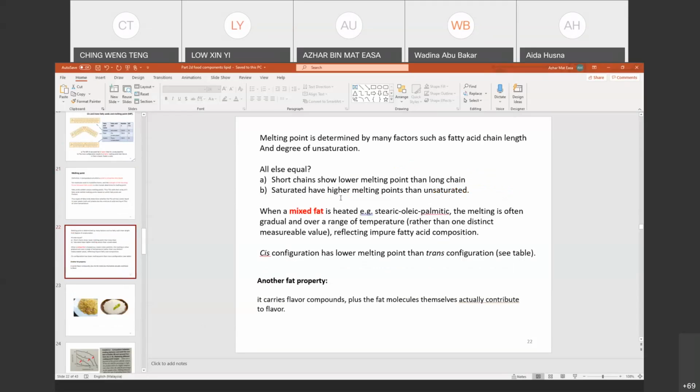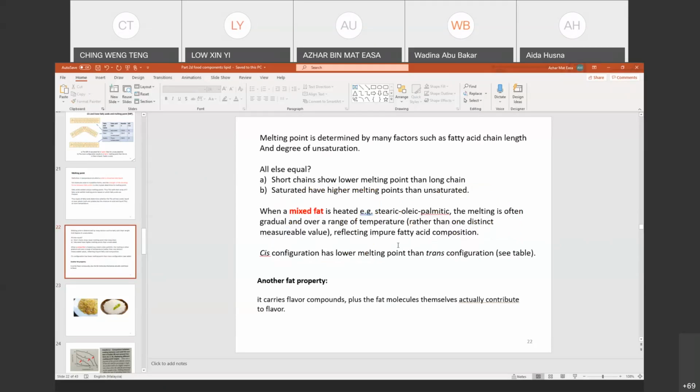Saturated fats have higher melting points than unsaturated. Okay, so saturated always stay as a solid. Unsaturated tend to melt faster. When a mixed fat is heated,